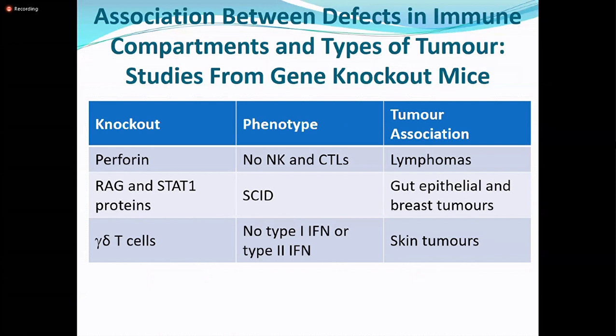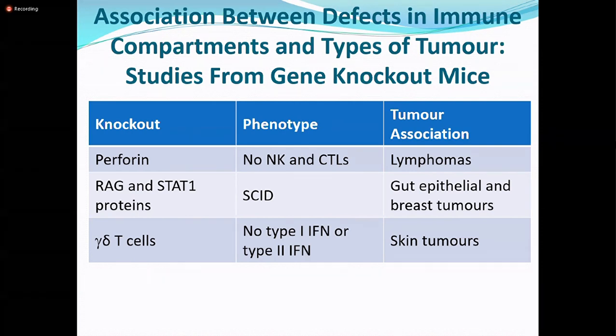There's no functional B or T cell activity in these animals. You find that these mice develop tumors in the gut, and also breast tumors. So it suggests that the immune system is very important in monitoring mucosal tissue for